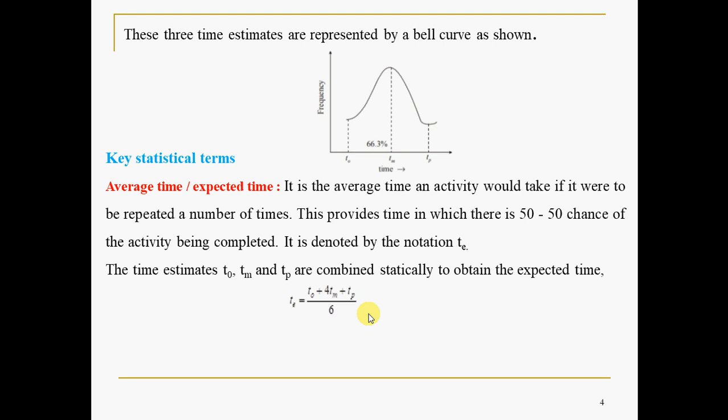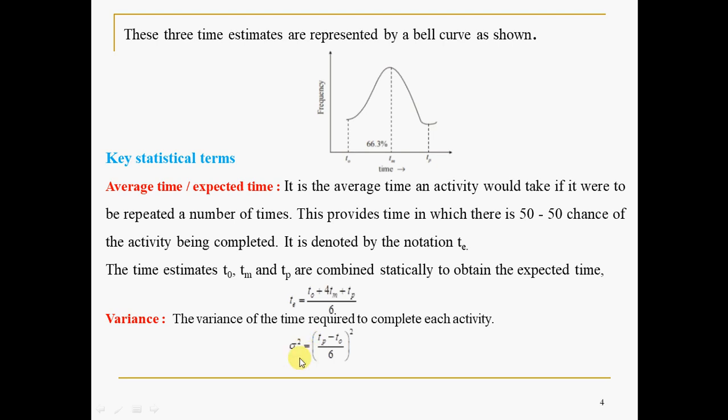That is a major or significant difference between PERT and CPM. PERT is a 3 time estimate technique. CPM is a single time estimate technique. So then how to combine or convert these 3 time estimates into a single time estimate is the statistical relation or equation. So variance, again a statistical term, the variance of the time required to complete each activity, is given by (TP minus TO divided by 6) whole square.